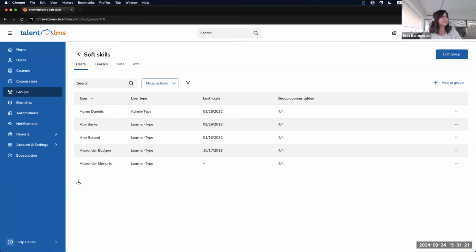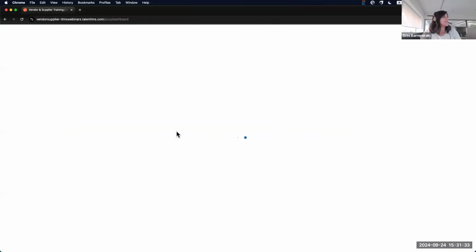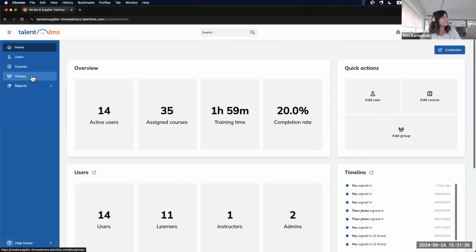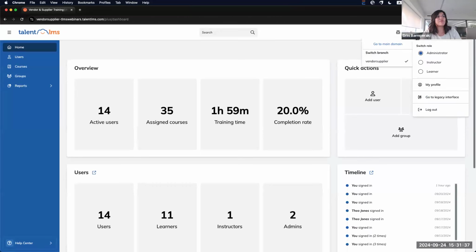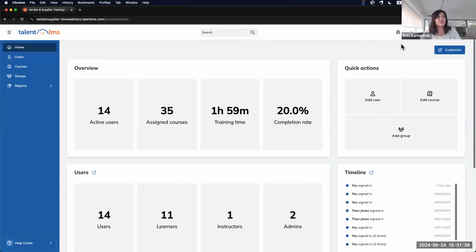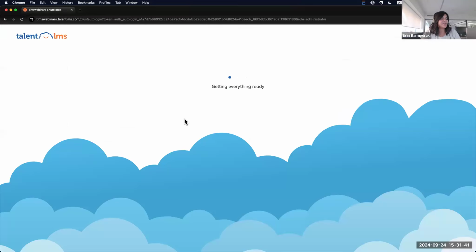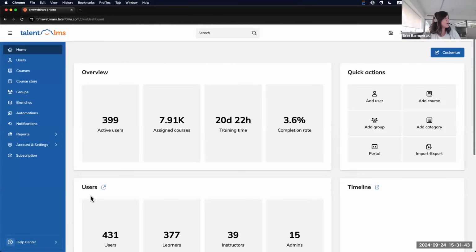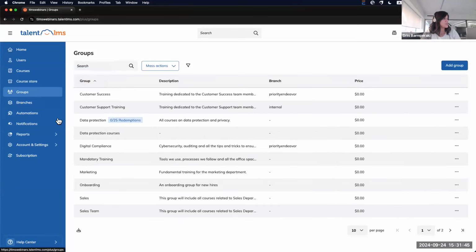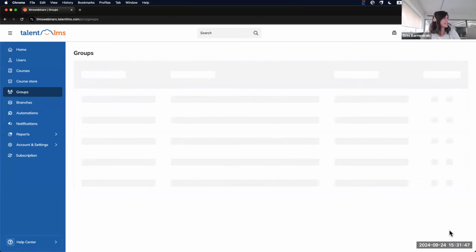If I enter a branch really quick, that's another method for admins to access a branch and act as a branch admin. You can see the dedicated button here to create groups. If, however, you would like to do that through your main domain, you can definitely do that. So if I go back into the list of groups and find the group that we created just now,